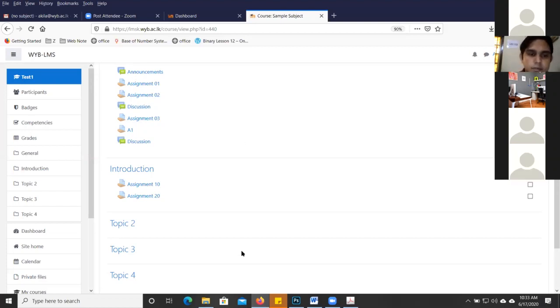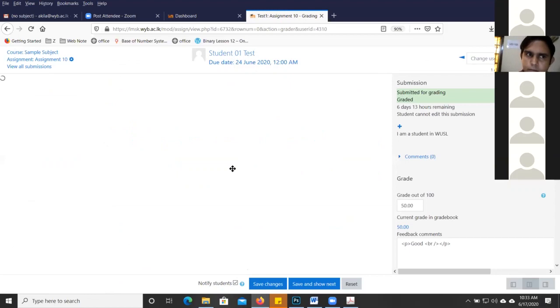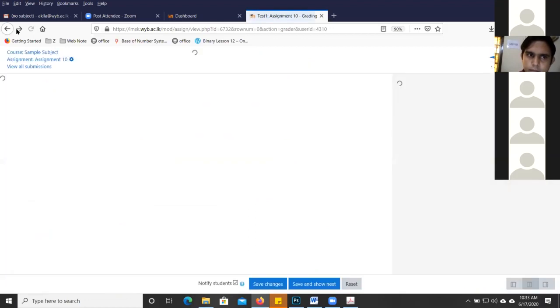Akila. Yes, sir. Regarding these grades, normally we are not giving them the marks. We are giving them the grade only. How can we set this here? Now, when we do the marking or the grading, we have to individually add that value to each student. Is it possible to do it batch-wise, or to put the mark they obtained so that only the grade is seen by the student?